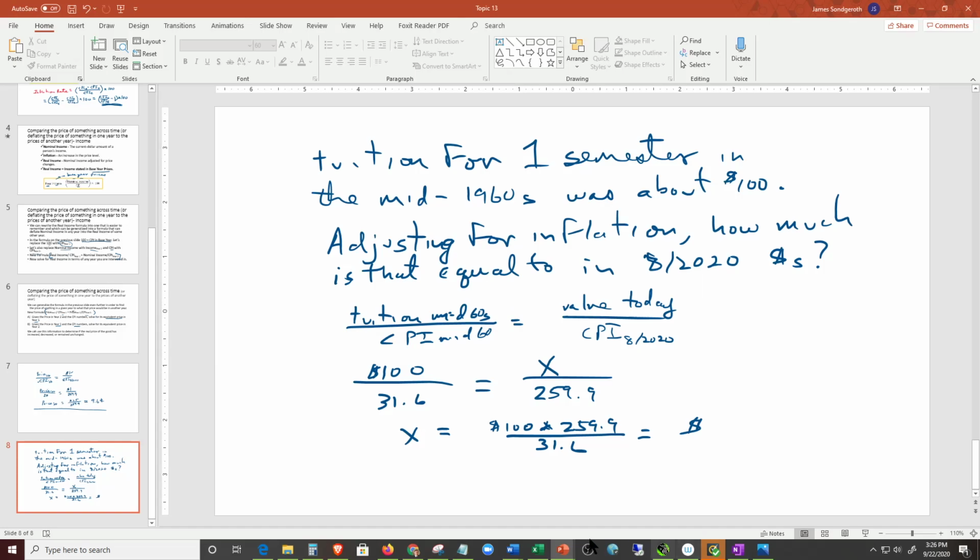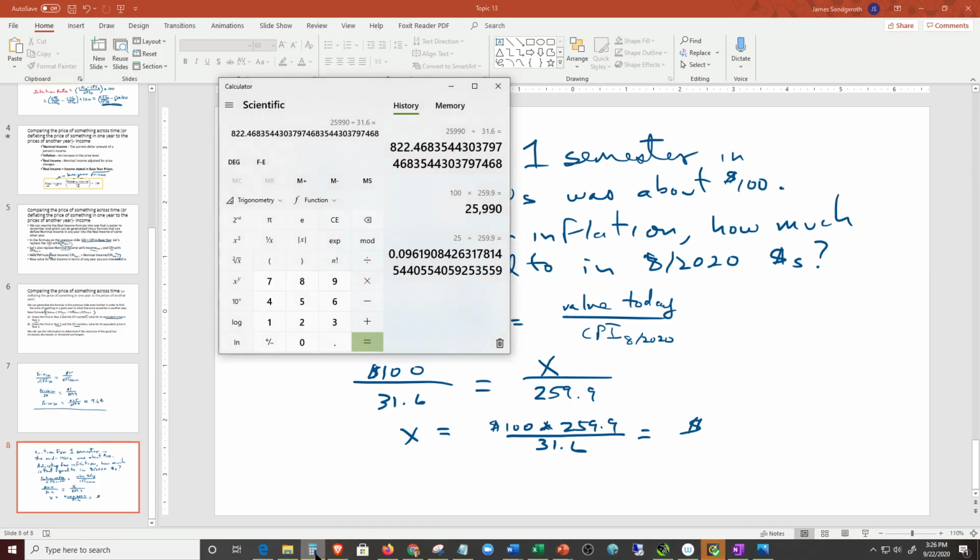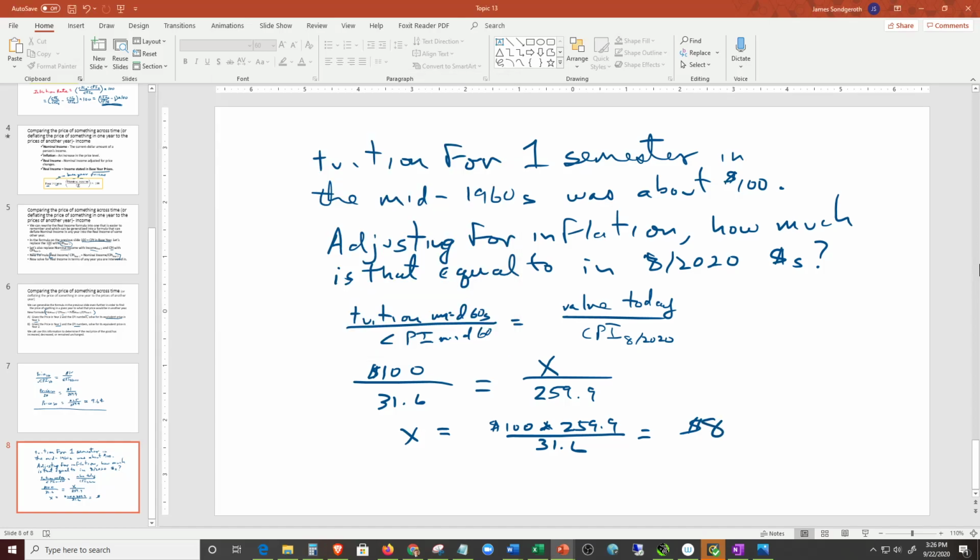Whoops, maybe a little bit more. Yeah, probably. And 46 cents. So, if there had been no inflation and the tuition had remained constant, in real terms, the